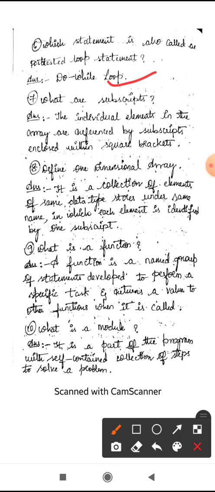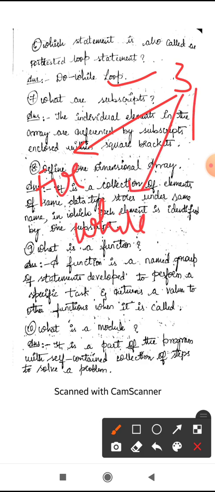So in C++ programming we are having 3 kinds of loops. So one is what? For loop. Another one is what? While loop. Another one is what? Do while loop. So for loop means what? It is a fixed execution of loop. Means in for loop, in advance we will be knowing how many times the looping statement has to be repeated again and again. While loop means what?